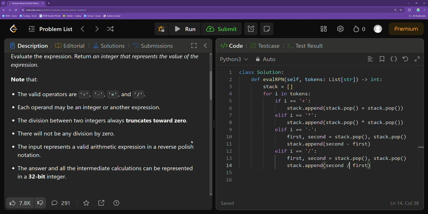So I will give you guys a few seconds to just think through that problem in your head and try to think how you'd actually handle that case. And then I'll show you guys how I would efficiently solve that. And in Python, it's even easier than you think. Okay, so essentially the way we do this is, instead of simply just doing second divided by first, as you